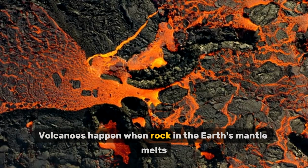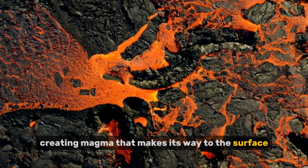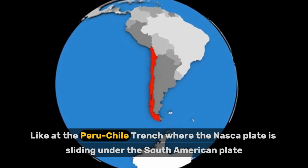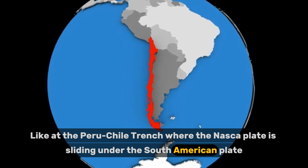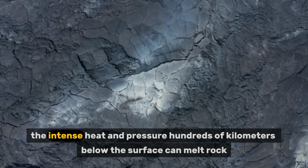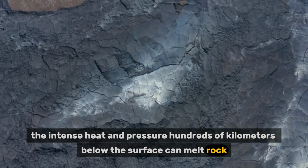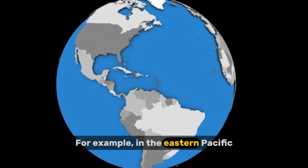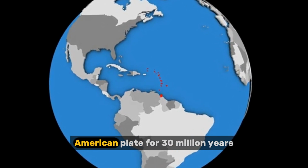Volcanoes happen when rock in the Earth's mantle melts, creating magma that makes its way to the surface. Like at the Peru-Chile Trench, where the Nazca Plate is sliding under the South American Plate. Where the plates meet, deep in the mantle, the intense heat and pressure hundreds of kilometers below the surface can melt rock. For example, in the Eastern Pacific, the Nazca Plate has been sliding under the South American Plate for